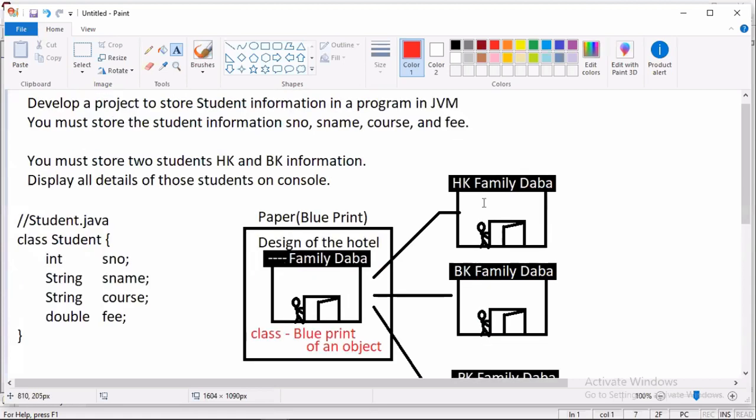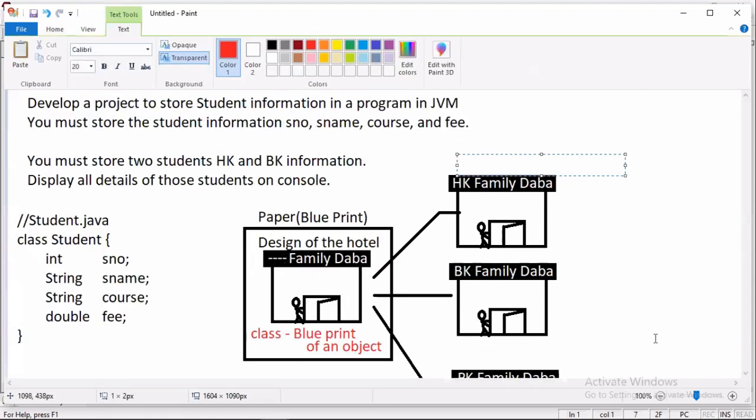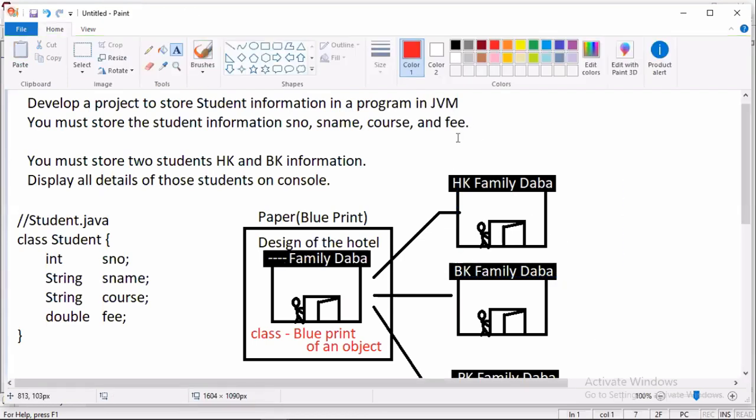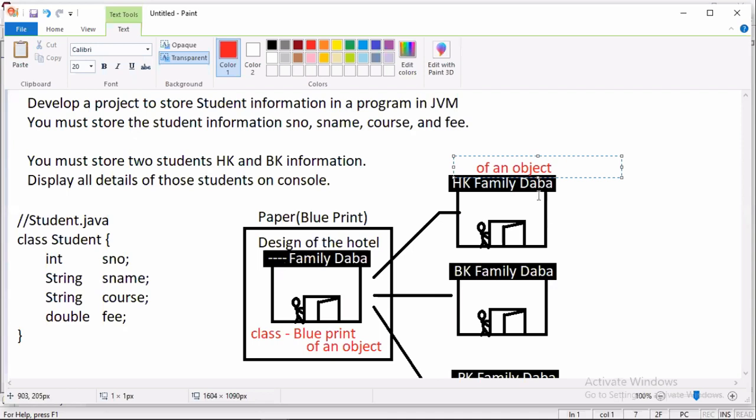And then the real objects are constructed on the floor, on the land. This is called instance 1, first hotel. This is instance 2, second hotel.